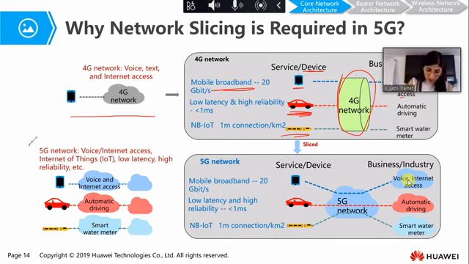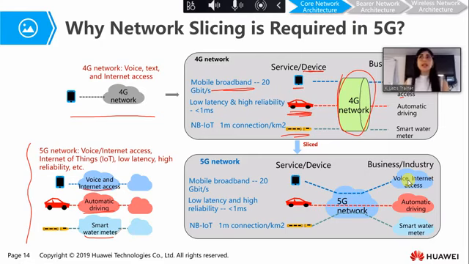But with 5G and network slicing, let us suppose we have the same 3 kinds of service. We have voice and internet access, we have automatic driving, and we have smart meter. By using 3 different slices, one slice for each kind of service, we are able to really differentiate these 3 kinds of services.